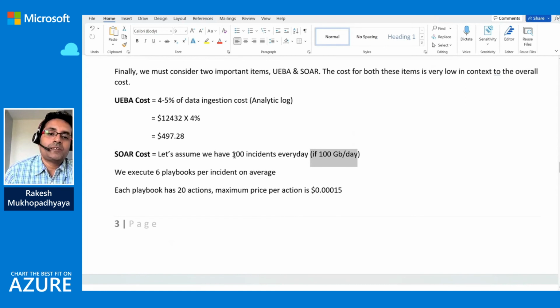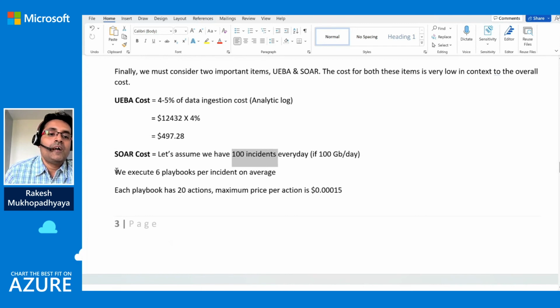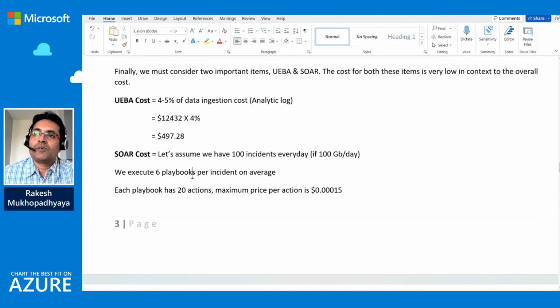you can assume that they will have 100 incidents generated per day in the security operations center, and then per incident we execute 6 playbooks. Okay, on an average per incident we execute 6 playbooks. So a playbook is basically when you want to automate an action, right?